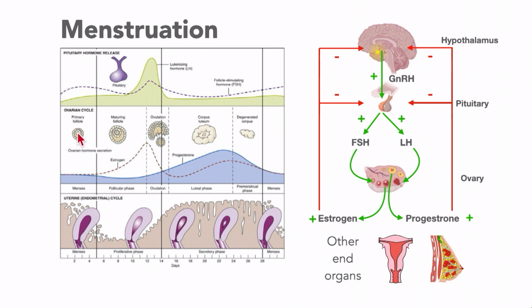So the follicle is growing, and then luteinizing hormone is released and the egg is released in ovulation. And what is left is your corpus luteum, and this corpus luteum secretes progesterone. The follicle that's growing secretes estrogen. So you have more estrogen in the first half of your menses and more progesterone in the second half of your menses. I said earlier that estrogen is catabolic,